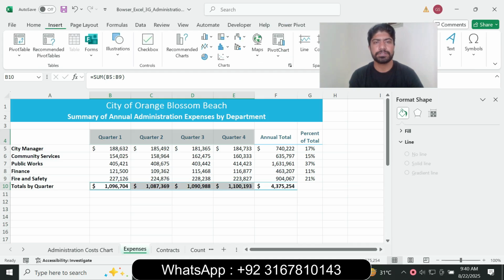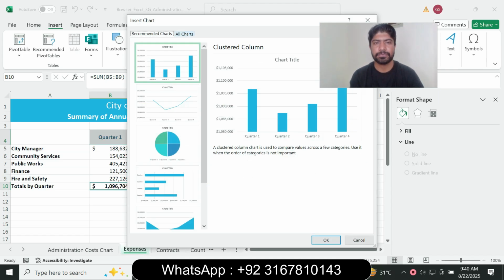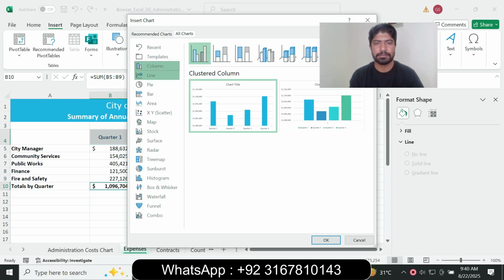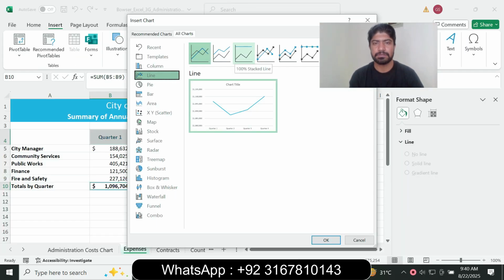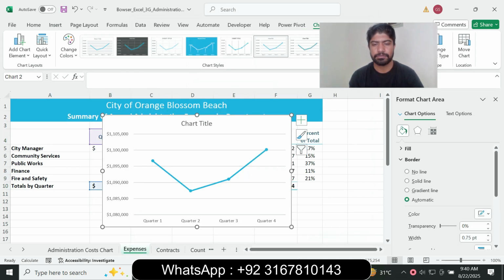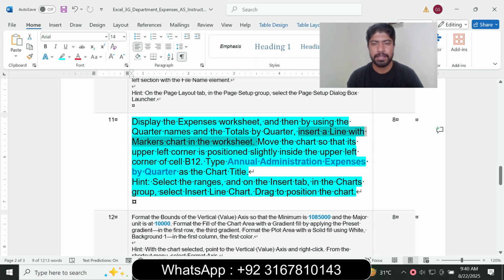So go to the Insert tab, go to the Charts group, click Recommended Charts, then All Charts, click the line chart and insert the line with markers chart. Click OK, and again OK. So insert the line with markers chart, and next is